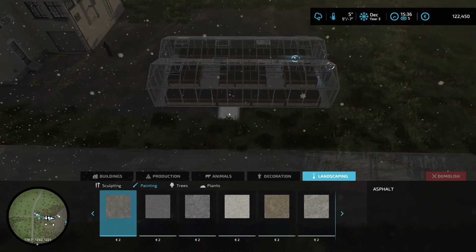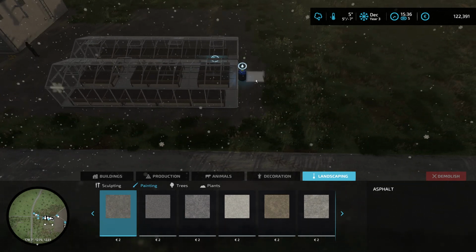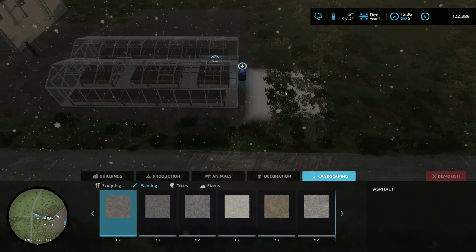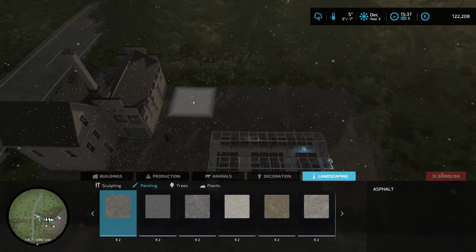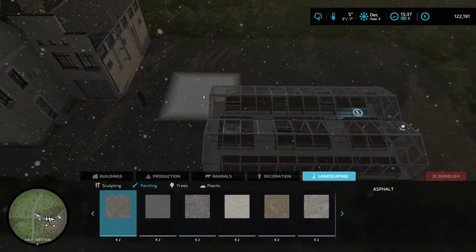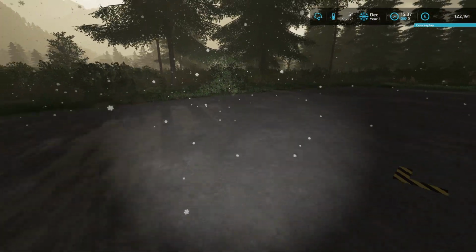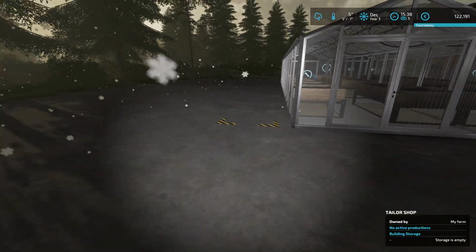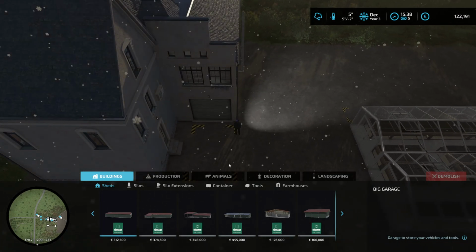Go around the back as well. Nice. Come up that way. Make that a bit bigger. Just like that, and like that. Okay. Now again, we can always add more grass in if we need to. This area is really nice and flat, so we're going to take advantage of that. But yes, pallets will load there, so we don't want it too close, but let's have a look and see how those...